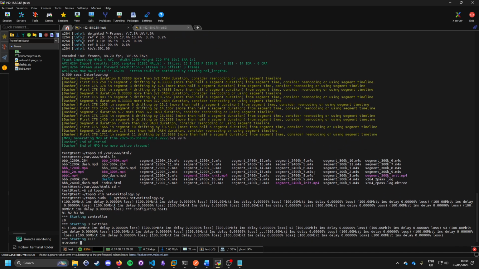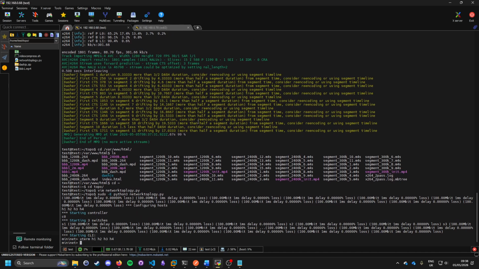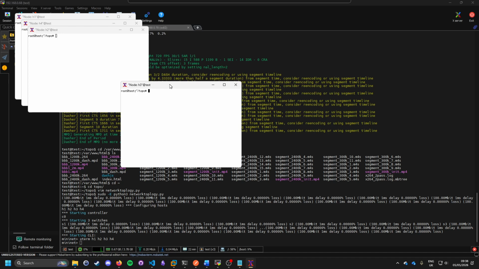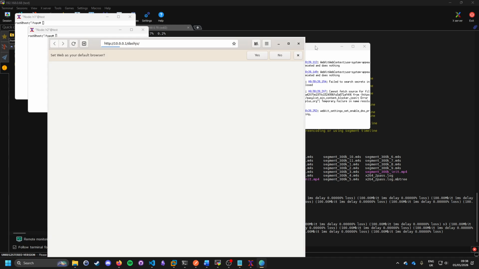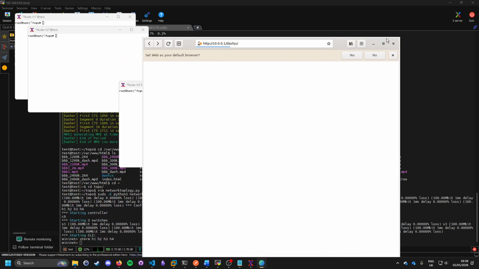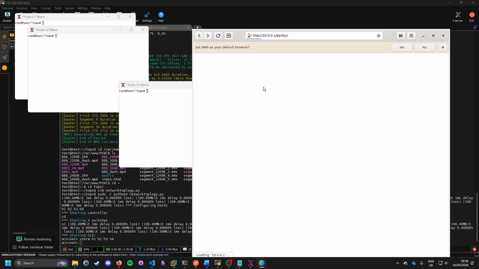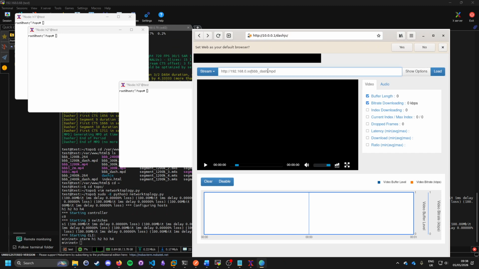If I do sudo -E, which passes the network variables to the Mininet hosts, this should work. So it connects with the host, which is good news. We do H1, H2, H3, and H4. If I do H4, you can see that if I open up the Epiphany browser and then go on to here,